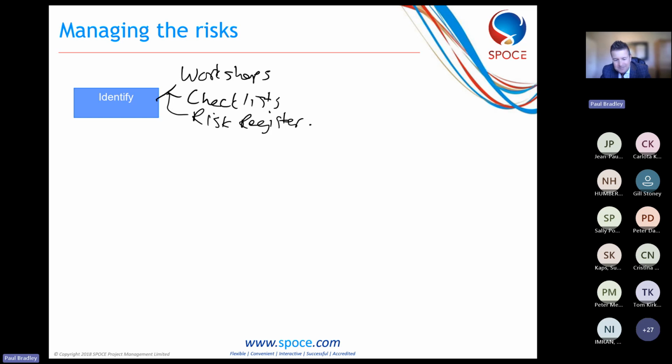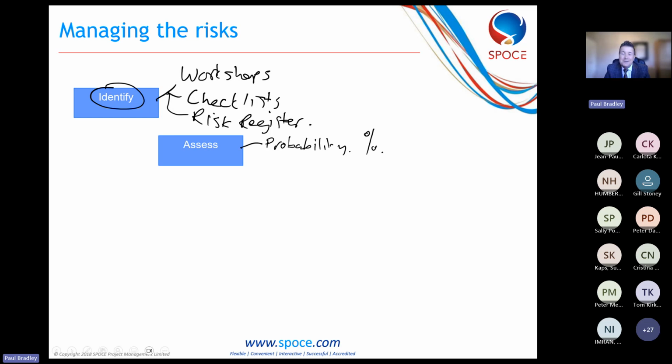Once we understand the risks that we potentially have in our project, we can then assess them. The way we assess them is we calculate their probability. Probability is usually represented by a percentage: 10% chance, 15% chance, 80% chance. We have impact,